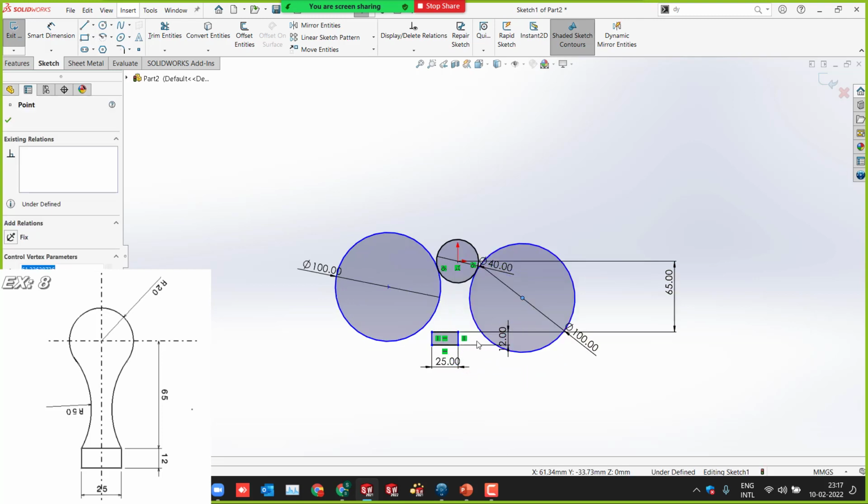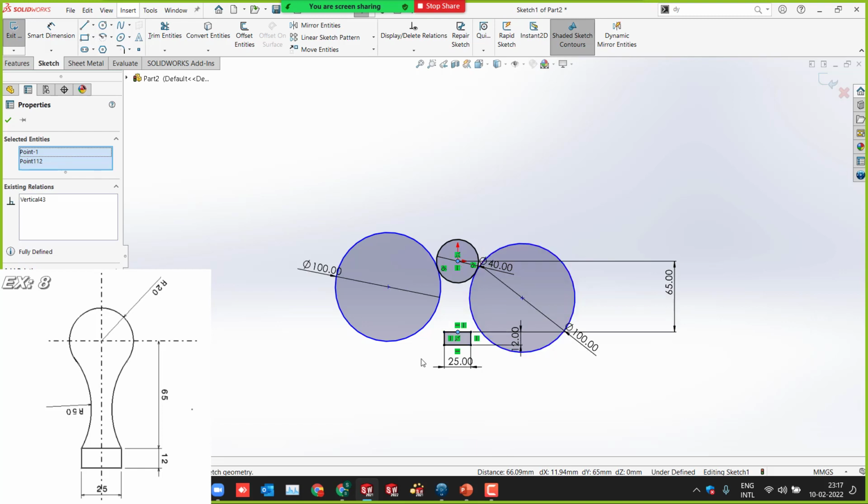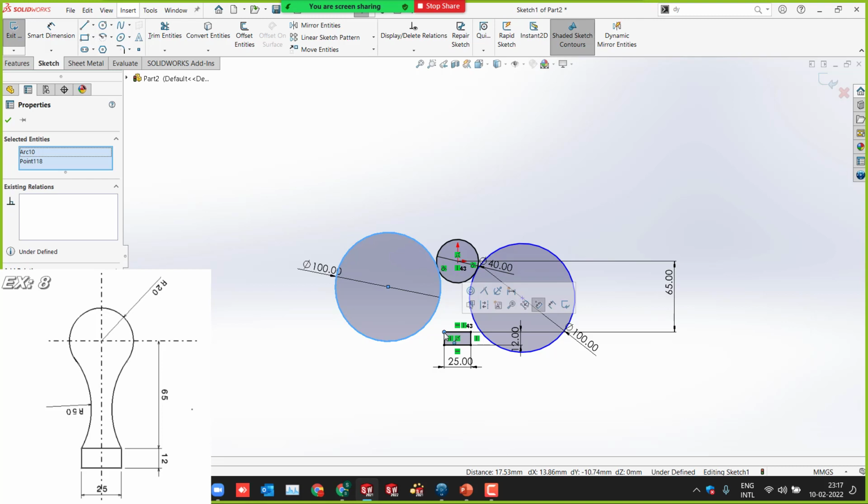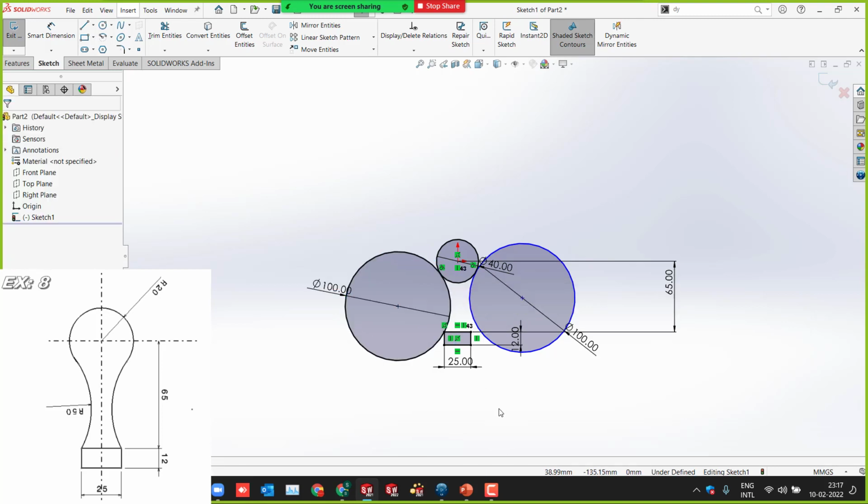Now, the midpoint of this one should be vertical to this, right? Just select the midpoint of this, hover on it, and you'll get the midpoint, and select the origin. Define vertical. Yes. Now this one and this point should be coincident, no? Like this.